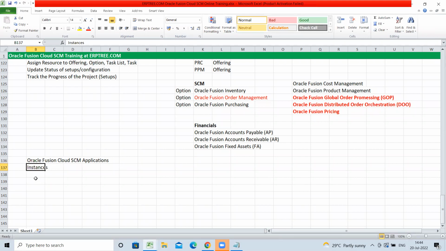So instances, we discussed about instances. What is the meaning of instance? What are the different type of instances? And we discussed about implementation user. So if you need user to access the instance to work as implementation consultant, what roles we have to assign to the implementation user, those we discussed, and purpose of the roles also we discussed,